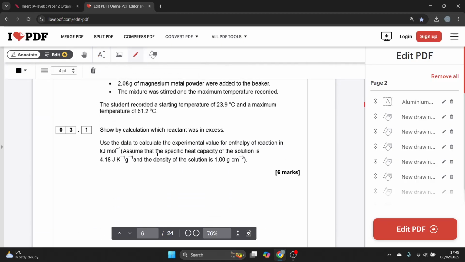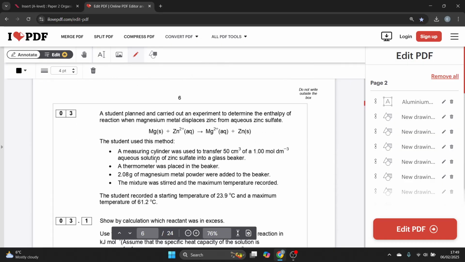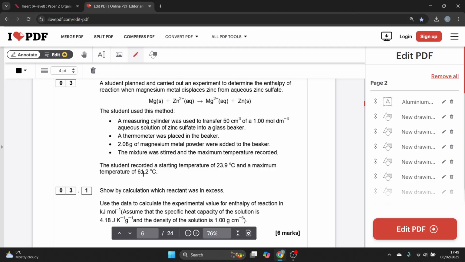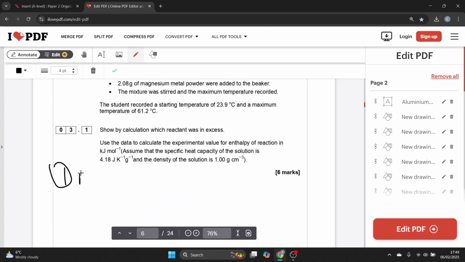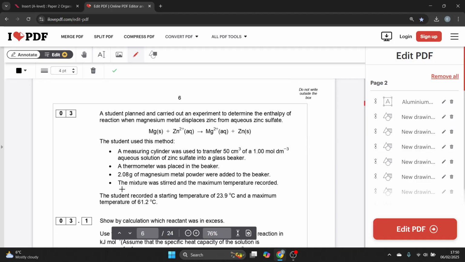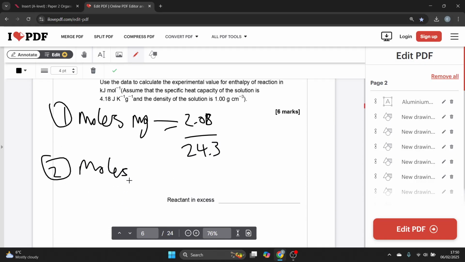Question 3.1, show by calculation which reactant was in excess. And it tells me that measuring some zinc sulfate into a glass beaker, and so on. So I can already tell it's going to be magnesium and the Zn2 plus. So first thing I'm going to do is the easier thing that I can spot, moles of magnesium. 2.08 divided by the Mr, which is 24.3. Then I need to find out the moles of zinc sulfate,